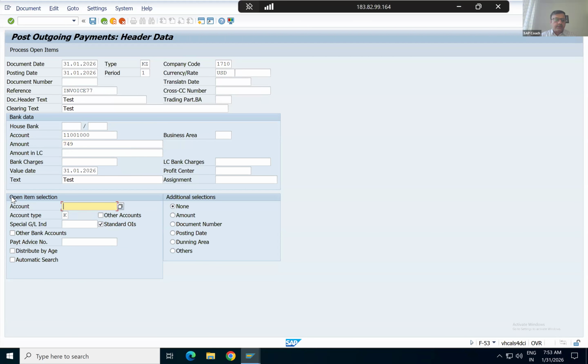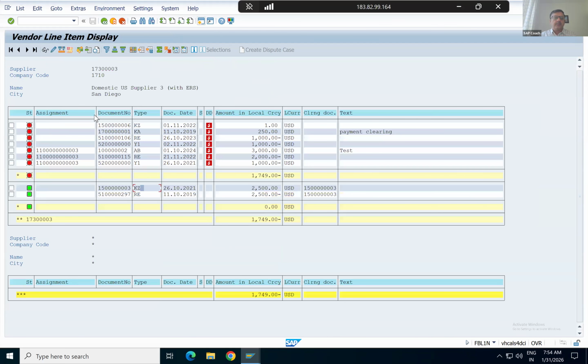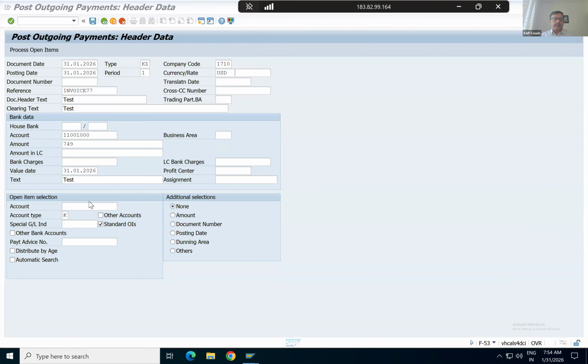Please concentrate on this screen. It is asking me to put the account, and you see the account type here is K. K is for vendors, because this transaction code is designed for vendors only. That is why K comes by default, and the KZ document type also comes by default. This KZ document type is for my vendor outgoing payments. Now I am going to put the vendor account here. This is the vendor account 173000003. And when I click on process open items,